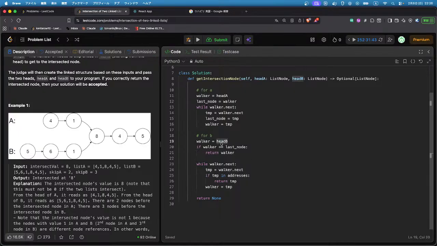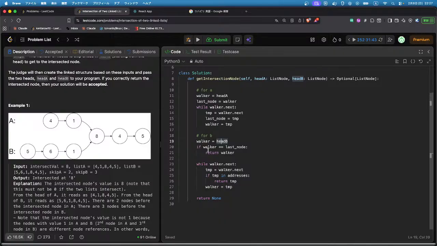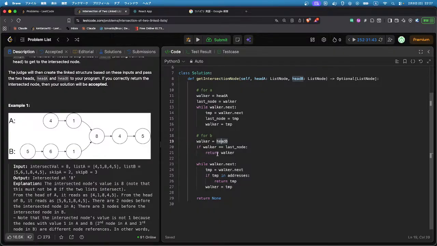If the head B is the same as the last node, it's not only the last node, but also the intersection node. This is an edge case, and for the normal case,